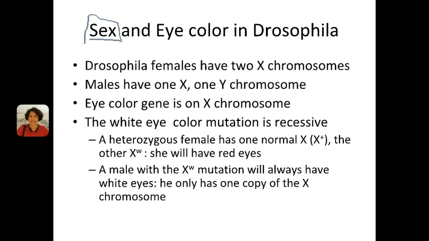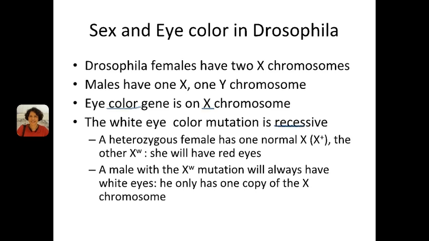Drosophila female flies have 2 X chromosomes, while males have 1 X chromosome and 1 Y chromosome. Remember, the X and the Y chromosomes are the sex chromosomes. And it turns out they're not only the sex chromosomes, they also have other genes, just like our human X chromosome has other genes that are not only related to sexual characteristics. So eye color is on the X chromosome, and the white mutation, the mutation that gives the white eye color,